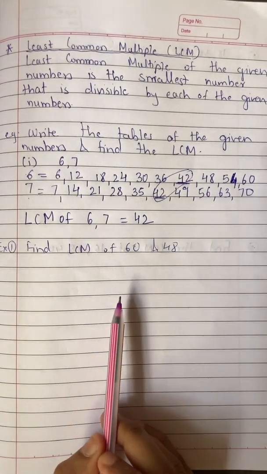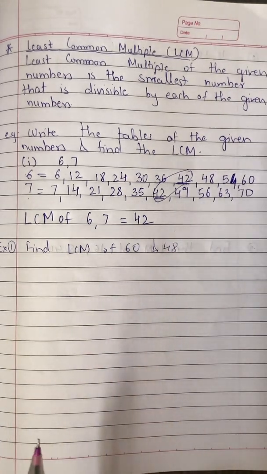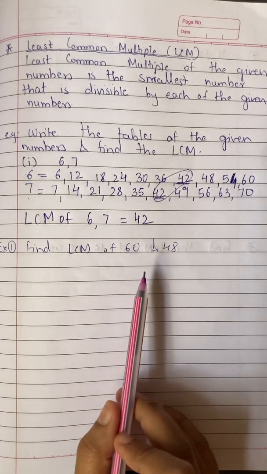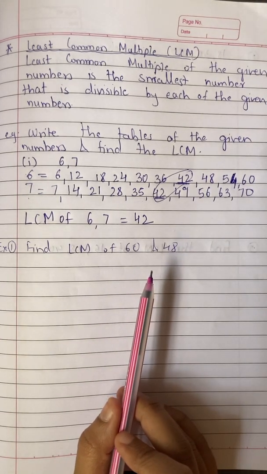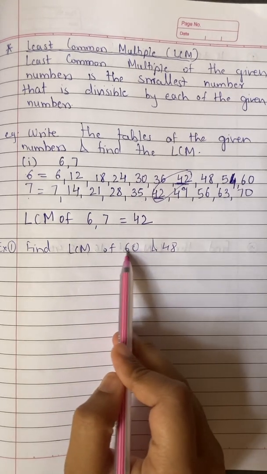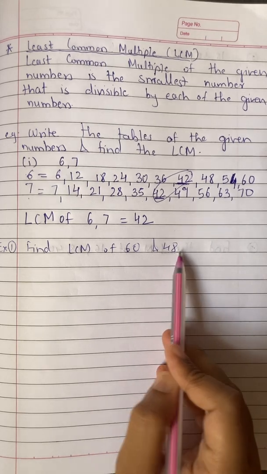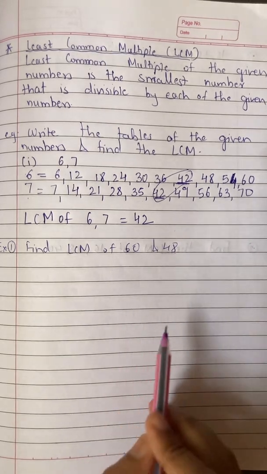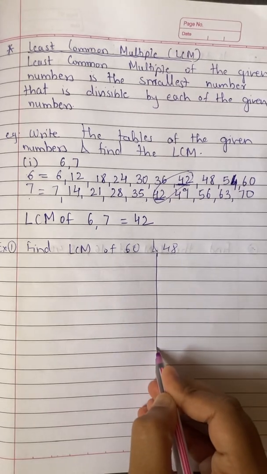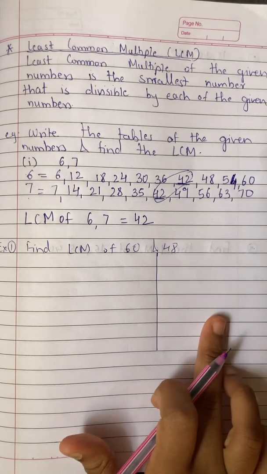In standard 7, we are going to use a much easier method to solve LCM. This is the method which we have already learned, and we used to find out HCF also. That is nothing but factorization. So first you have to find out the factors of 60, and then the factors of 48. After that, what you have to do, I will tell you stepwise. So I will make 2 different parts. The first part I'll use for 60 and the second part for 48.